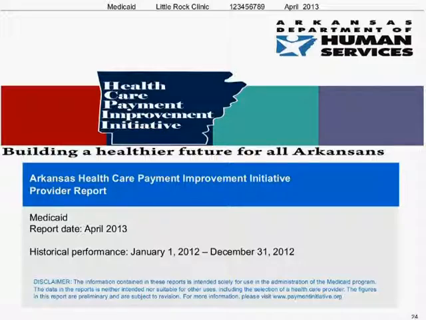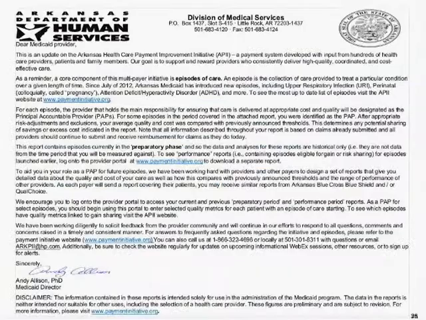The second page that you'll see is a letter from Andy Allison, our Medicaid director. There's a lot of useful information in this letter regarding the Arkansas Payment Improvement Initiative, so I encourage everyone to read the letter. One section of the letter that I would like to bring your attention to is in the 4th